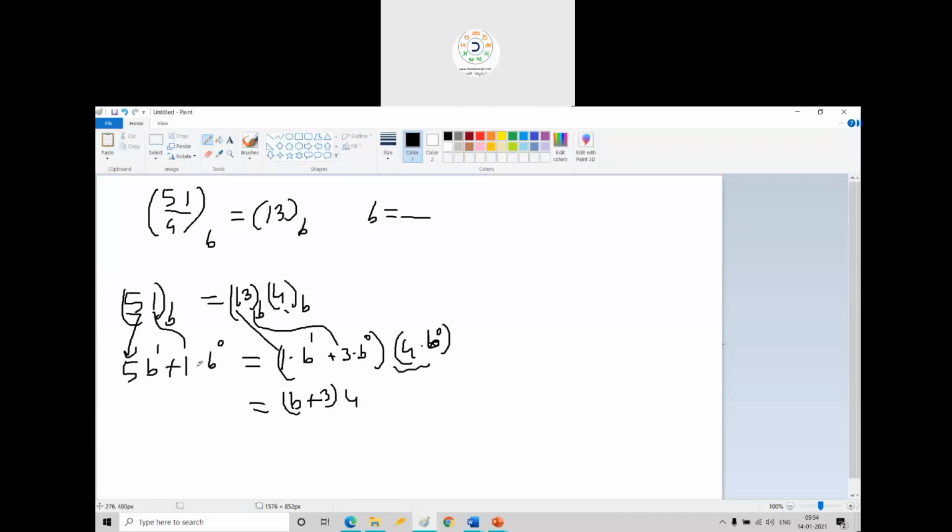So left side will be 5b plus 1. Okay, now this I can write as 4b plus 12. Now you should be careful here. Suppose I am writing 12 here, I need to understand a few important things. For example, if you are representing some number